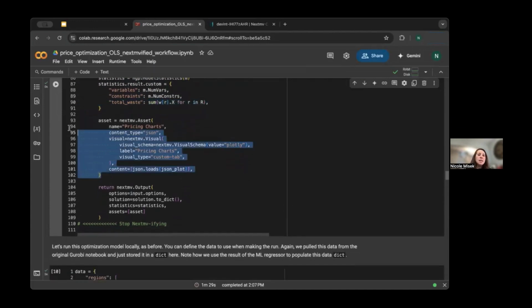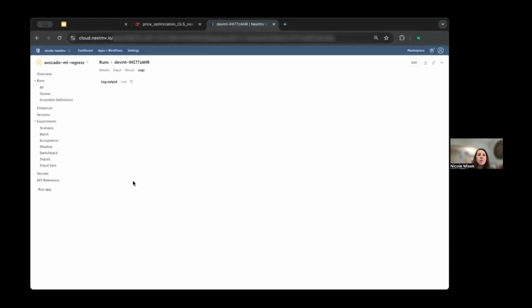And so other than statistics, we're exposing in this model an asset. And this asset is creating a custom visualization. And so you can see the content here is really the JSONified Plotly visual. And because we're using this asset convention from the Nextmv SDK, and we're returning that asset in the Nextmv output, the Nextmv console is going to pick up this custom visual, create a new tab for us, and render that. So we'll jump in to the Nextmv console, go to our apps, that price optimizer app,